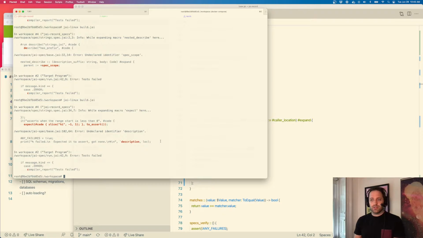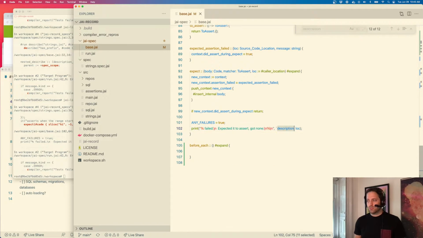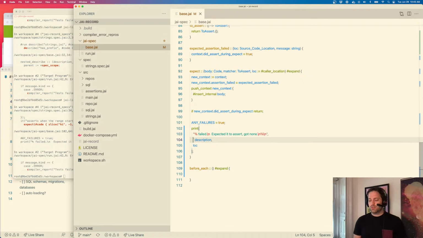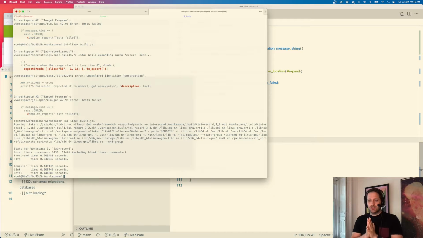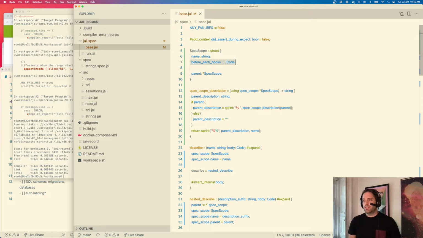Okay, what's happening here? Here, description. Where do I still reference that? Yes. Yep. Okay, great. Spec scope description on pointer to backtick spec scope. Hey, the tests pass. Okay, great. So I have this now, and